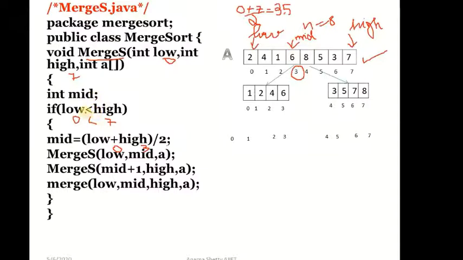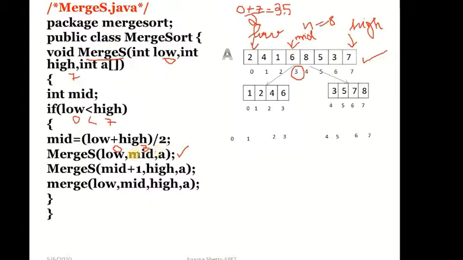Here the stopping condition is low is less than high. So until that stopping condition is met, we keep calling merges. Now again this merges, I pass the parameter 0 to 3, right? Here it will split into this subarray. Now what happens is, the original call of merges, whichever you had called for this entire array, will halt or pause. Now it will handle this call to merges. Within merges I had called merges again, correct? So it will handle this first before proceeding with the next step.